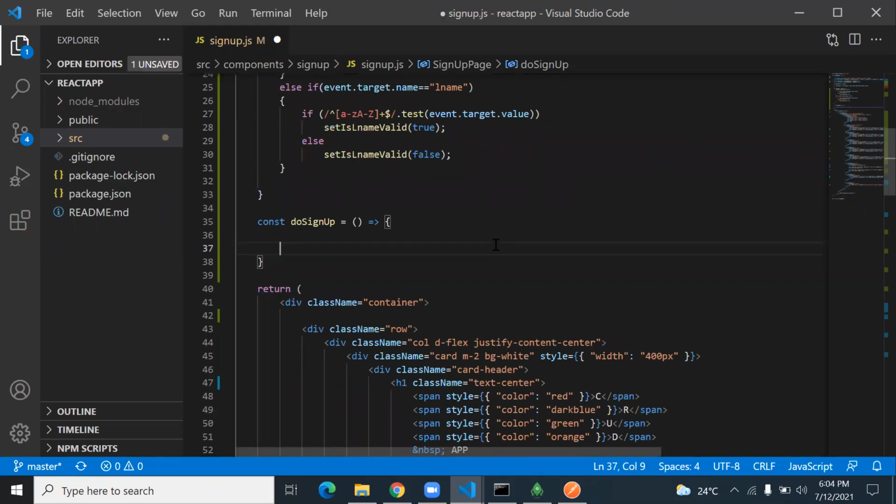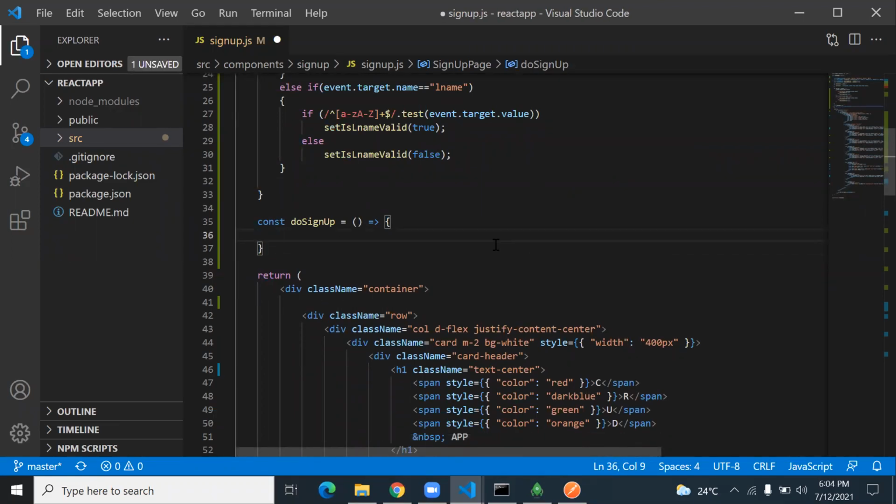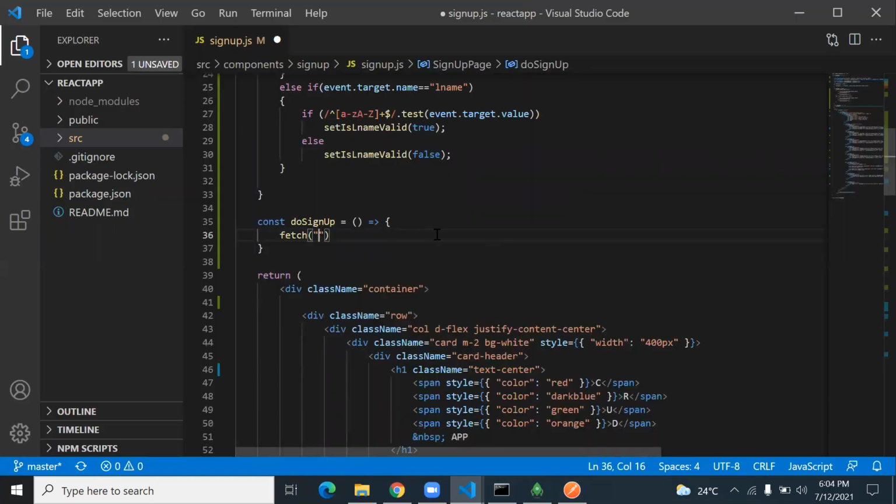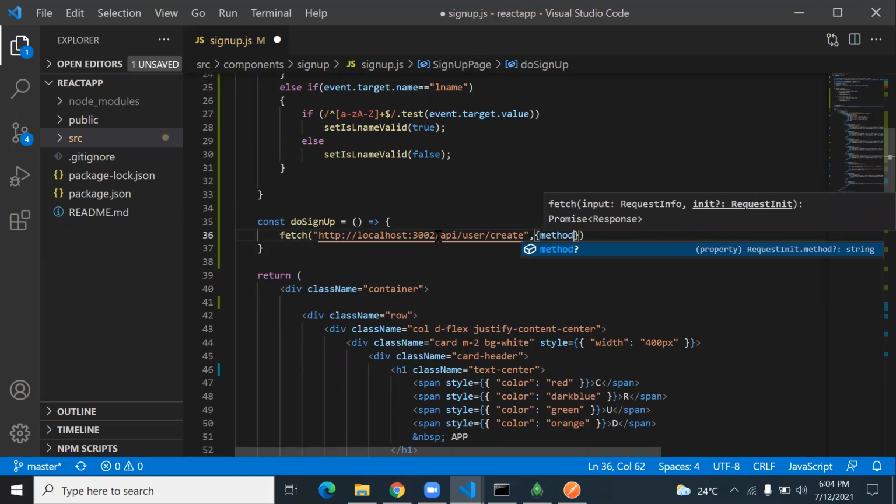So what I will do here, I directly call a fetch method, and in this fetch method we first pass the URL where to submit the data. So this is the API. Okay, and always write the API correctly, like this: http:// then write localhost everything. Then you pass method.